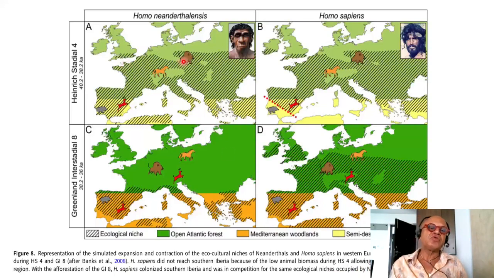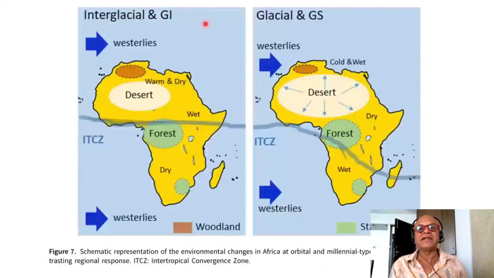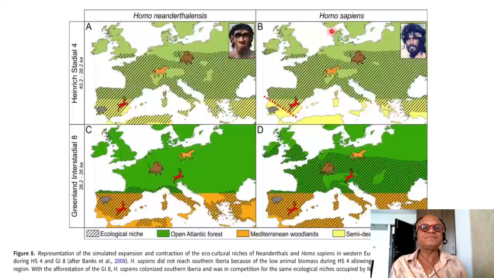So this is now getting into more regional details. Heinrich Stadial, HS4, and Greenland interstadial, which I should have been more clear. Greenland interstadial 8. Interstadial is warm, stadial is cold, right? Greenland interstadial, and so interglacial, Greenland interstadial, glacial, and Greenland stadial. Okay? So Homo neanderthalensis and the implied